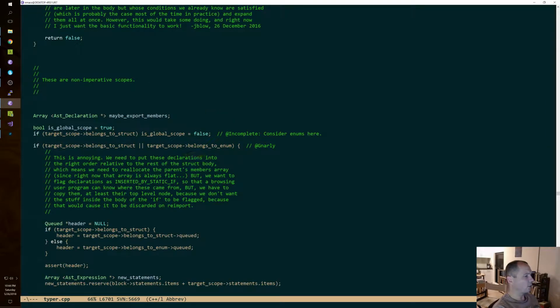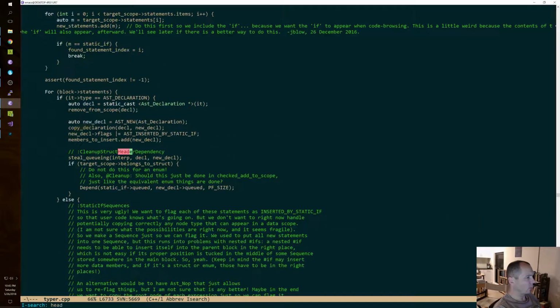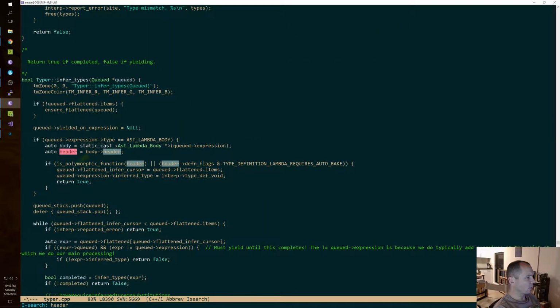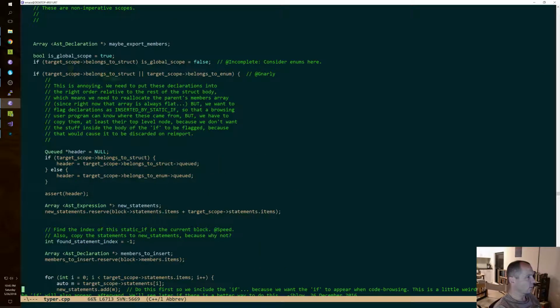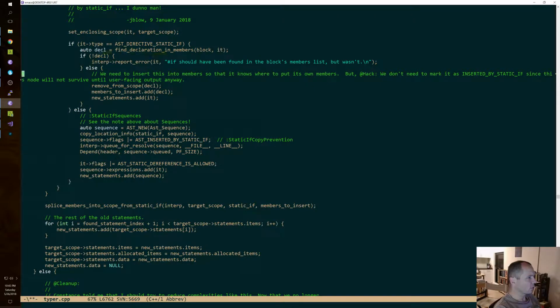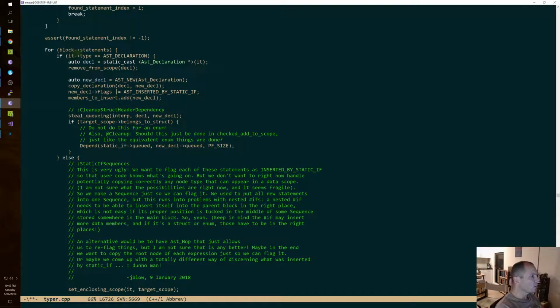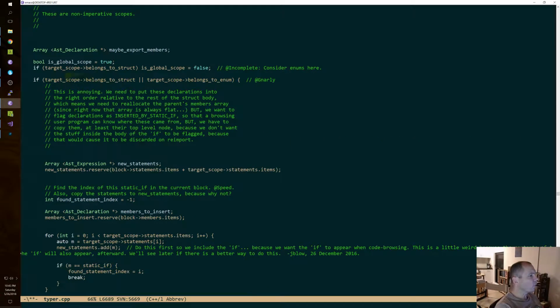Because this is, okay, if the target scope belongs to struct or enum, then we get a header. Okay, and what do we do with that? Nothing? No, we do. Let's move that down to where we use it. Like, where even are we?